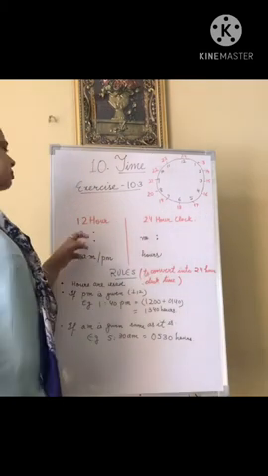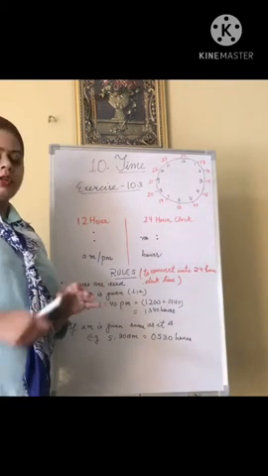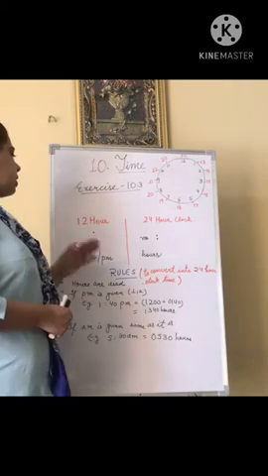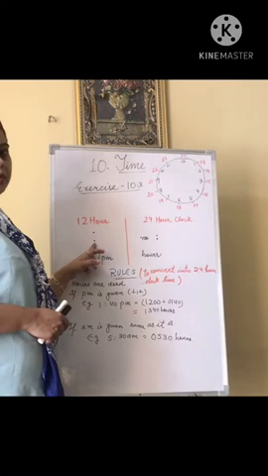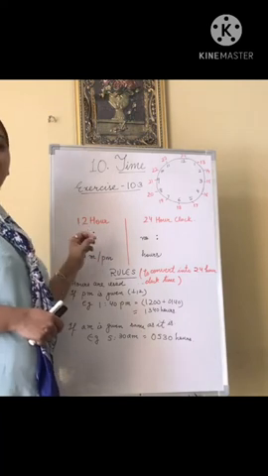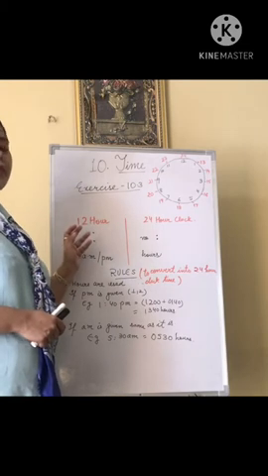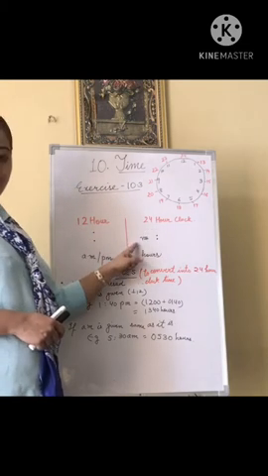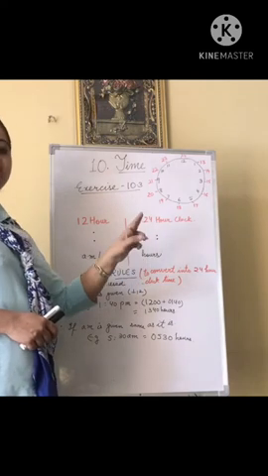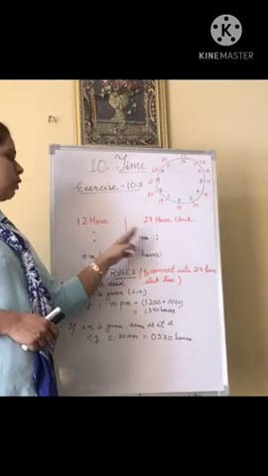Now let's see first of all what's the difference between 12-hour clock time and 24-hour clock time. In 12-hour clock time we represent the time with a semicolon, like 9:20 a.m. or 7:30 p.m. But in 24-hour clock time, no semicolon is used. We represent 4 digits as 4 digits without a semicolon.